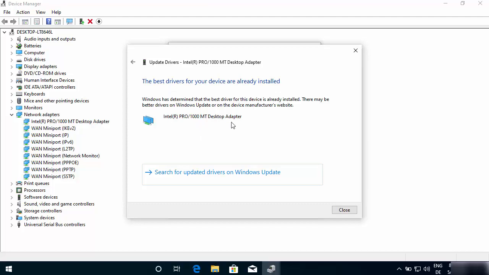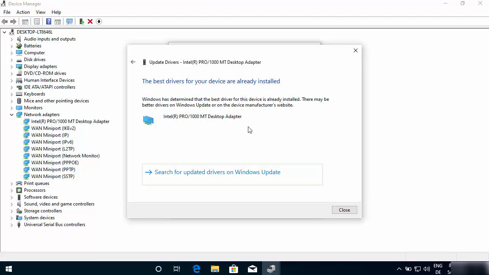So if you are facing the Wi-Fi problem, then just connect your PC or laptop with the LAN cable, or if you are facing the LAN cable related problems, then try to connect your internet via Wi-Fi and then try this troubleshooting. So you can see at this point the best driver for your device are already installed.